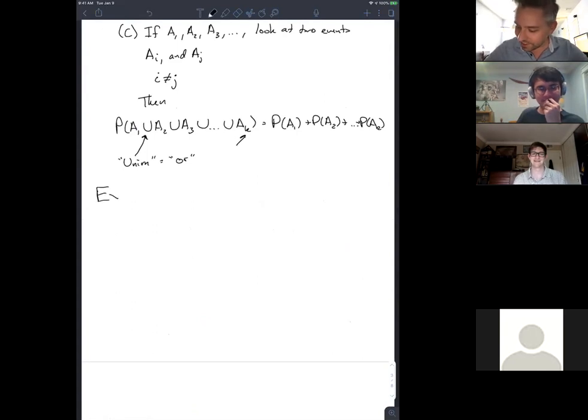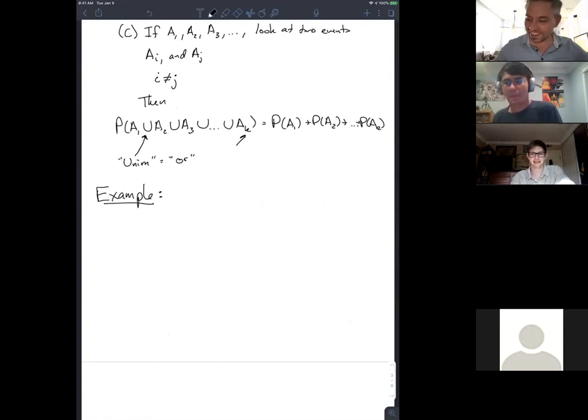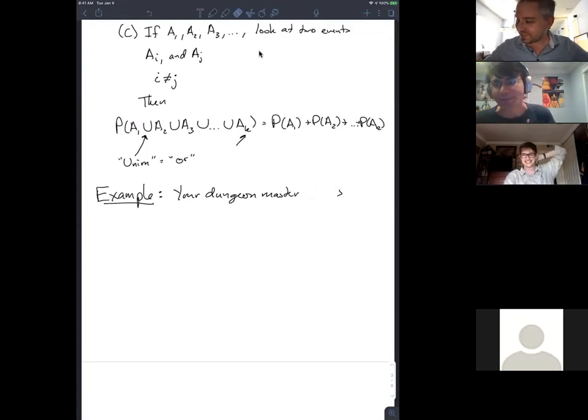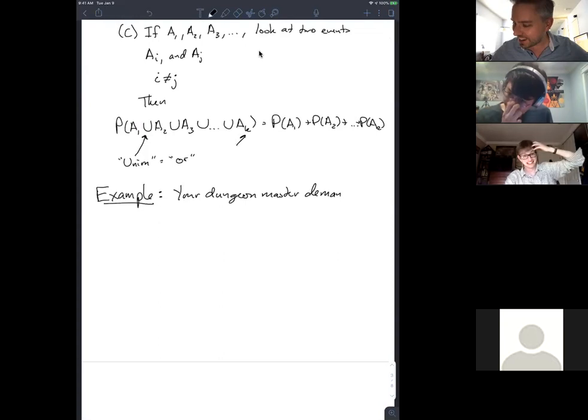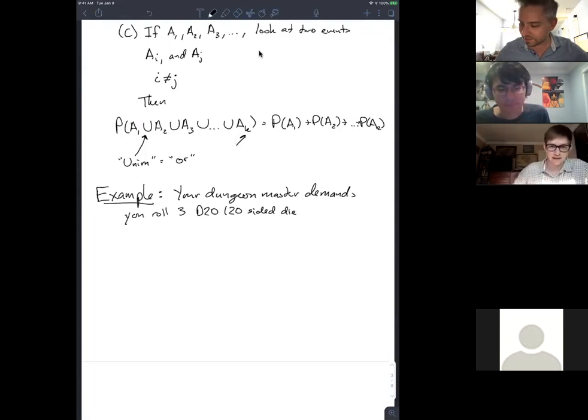All right, so let's work through an example. Let's say we're playing Dungeons and Dragons, and our dungeon master demands that you roll 3 D20 dice. That is 20-sided dice. And get a result